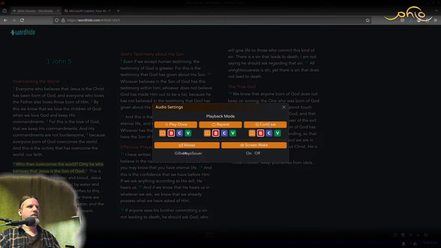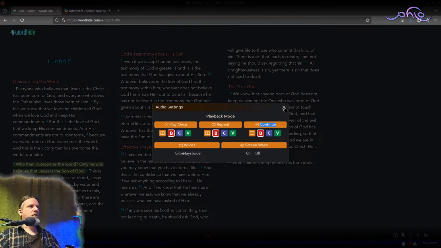I'm not going to call it continue, but I think I'll call it word hide. Just as a title, because I was thinking about calling it meditation mode or something, but it's more than that. It could be used as, that's not a bad term. It kind of covers a lot of things, but you could use it for memorizing. So somebody might say, well, call it memorizing mode, because that's what I use it for, or repeat after me mode, or responsive reading mode. But I think word hide covers all that,